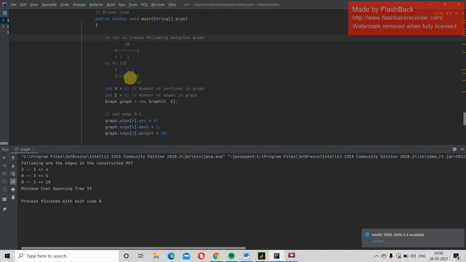So this is the minimum spanning tree. And the minimum spanning tree cost is 4 plus 5 plus 10, which is 19. Thank you for watching.